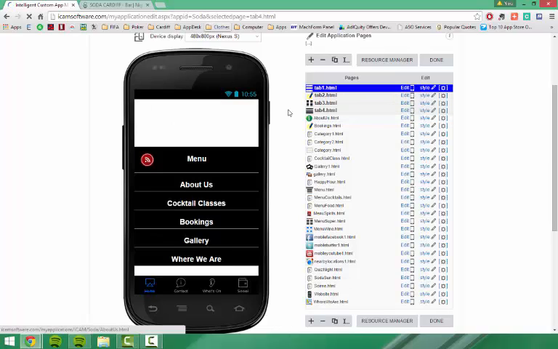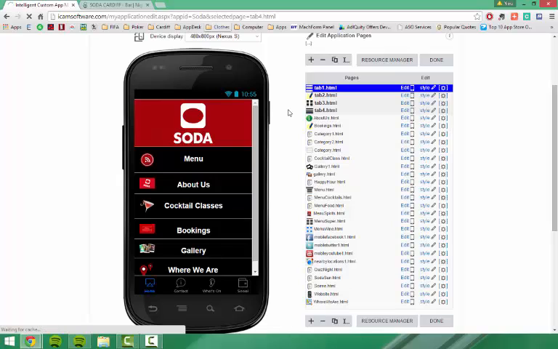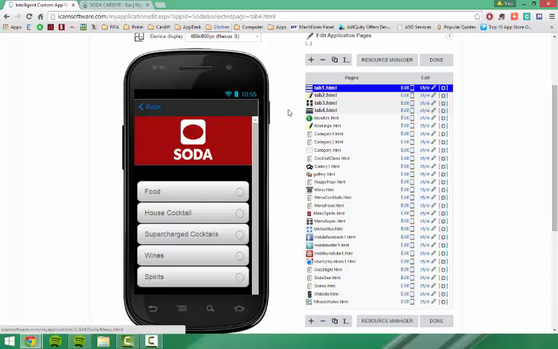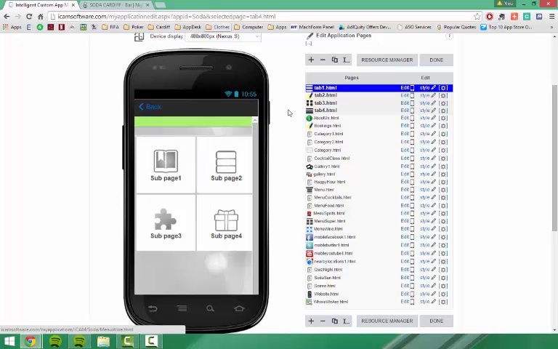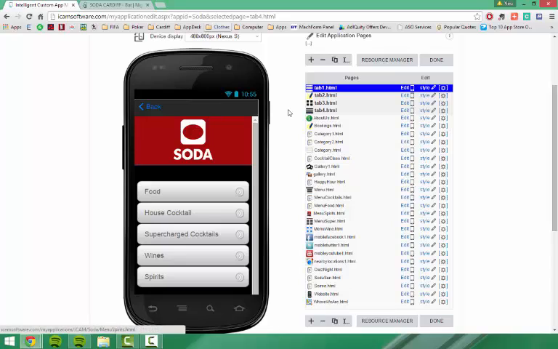So on here you can just click on any of the links and it should go through. No, I haven't done these. I'll run through these then, as I haven't done the wines and spirits and supercharged cocktails. This would be done the same way that the cocktail class and the happy hour and